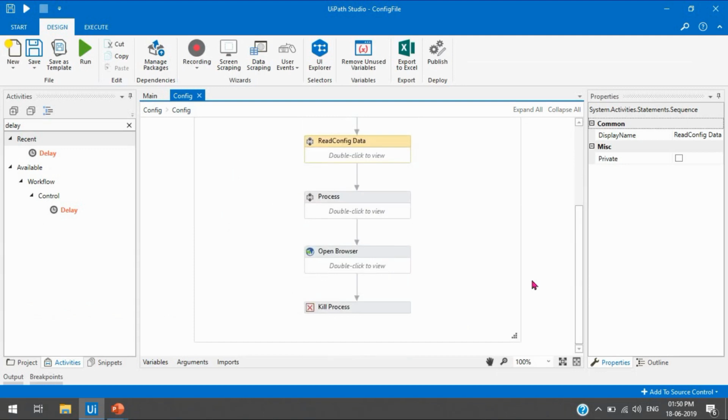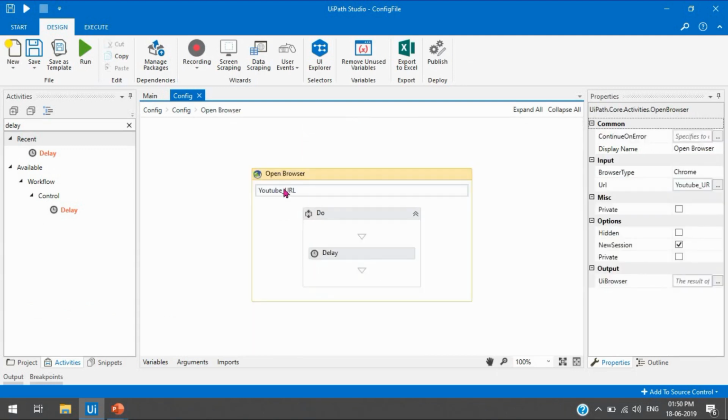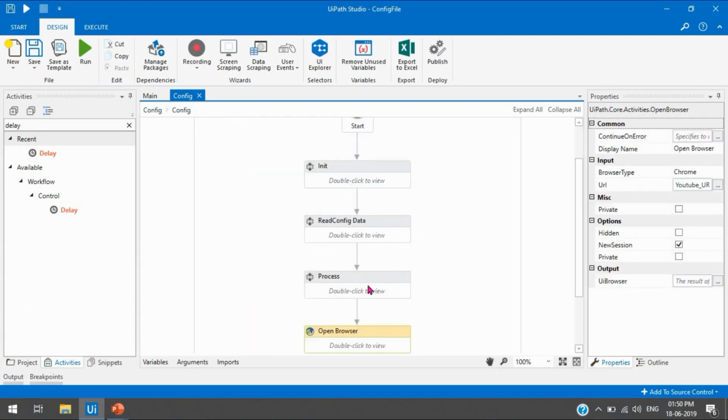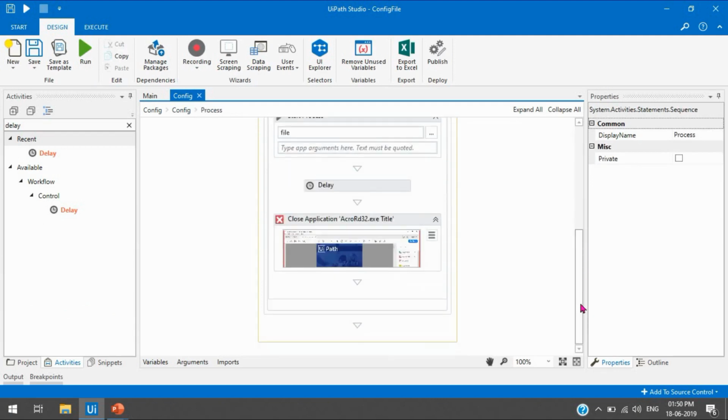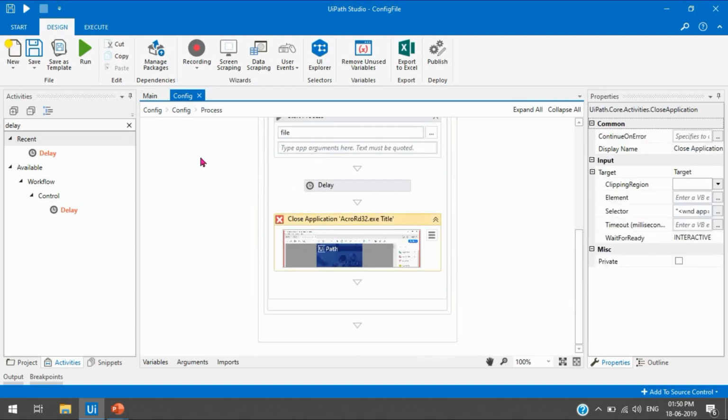We are just using variables, so there is no need to change anything anywhere in your projects. You can just complete this, deploy this on Orchestrator, or send it to business operations anywhere.